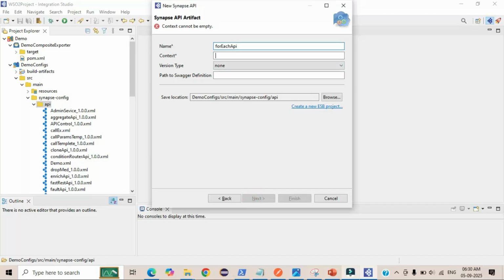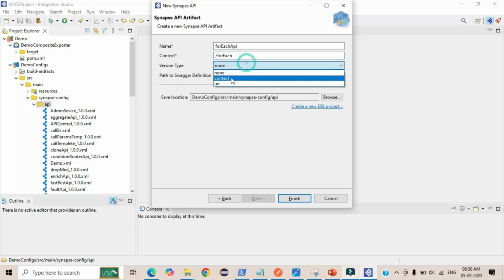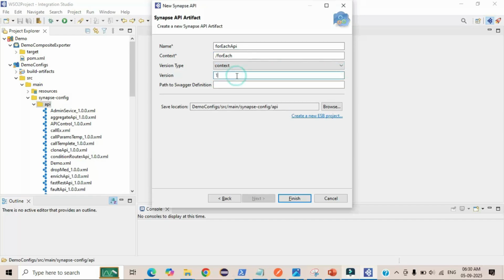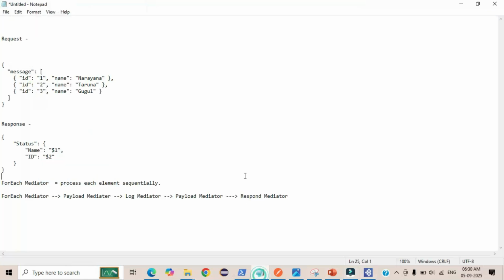So here I am giving one context, ForEach. So let's modify this version type to context and give one version number here, 1.0. This is the initial version. Finish this one. So let's go through our requirement analysis to understand what is the flow we want to